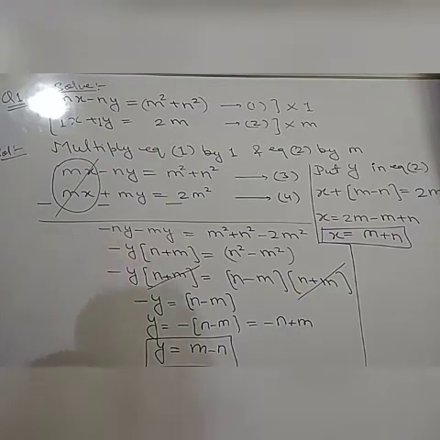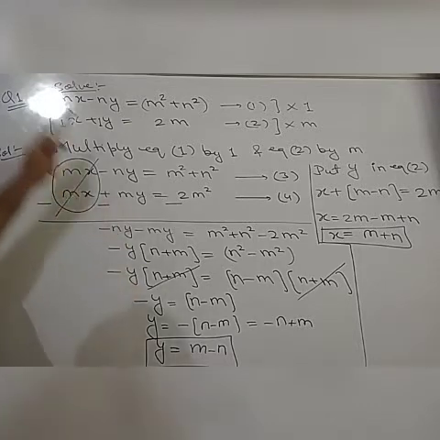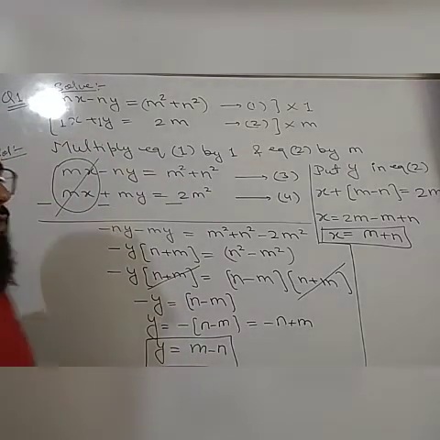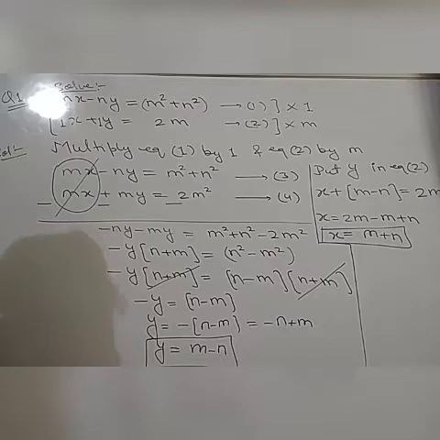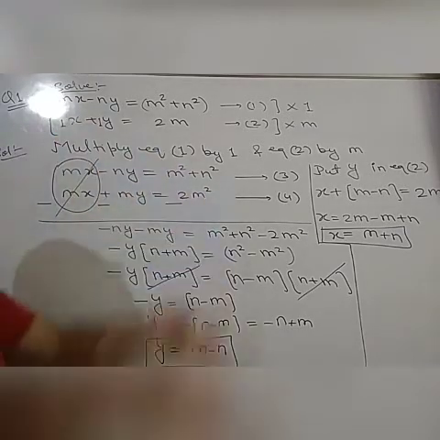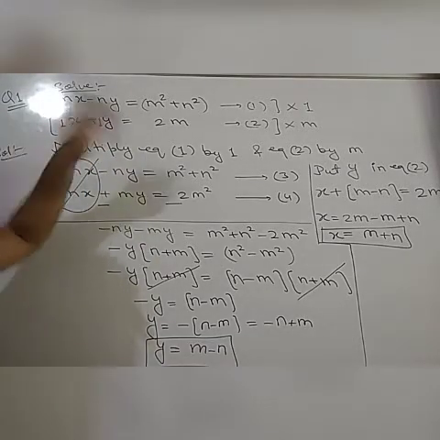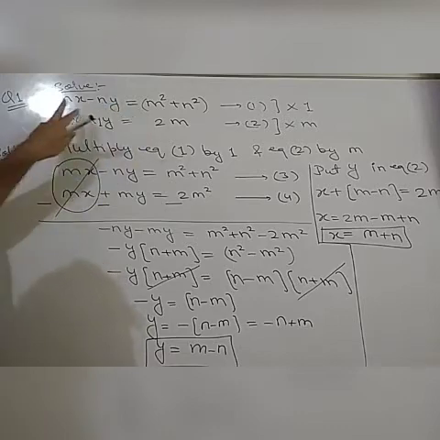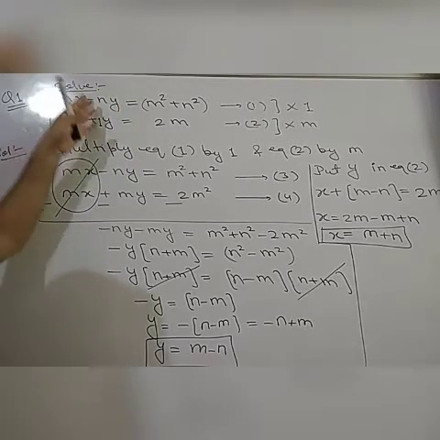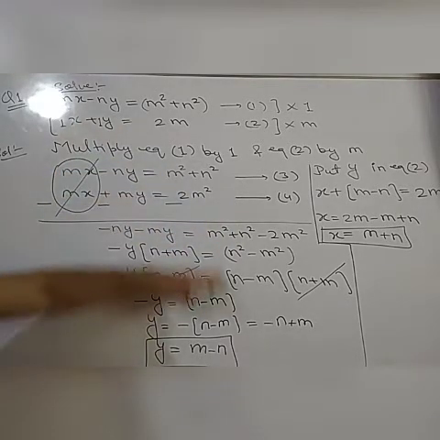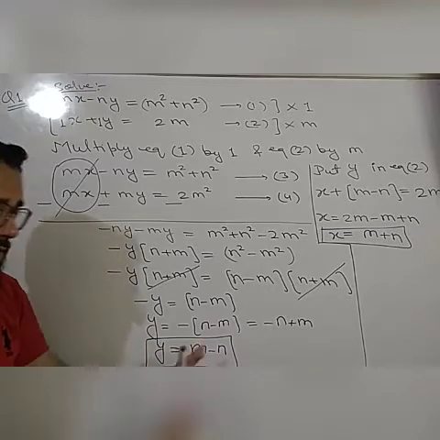Clear? So in this way we can solve the problem based on equating the coefficients. In the last questions which we did in the last class, there were numbers in place of m and n. So it is not necessary that there will always be numbers. You can be given the terms m, n or p and q, a and b, such types of variables may be there, x and y, and the coefficients may be in terms of a and b, p and q, m square, n square, like this. So you have to solve the question in this way. Clear? So note it down.